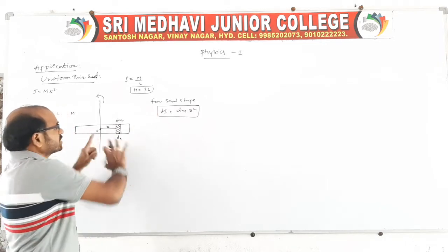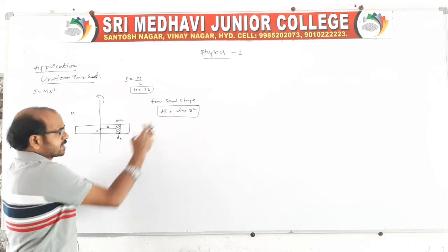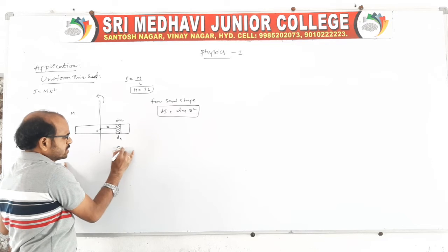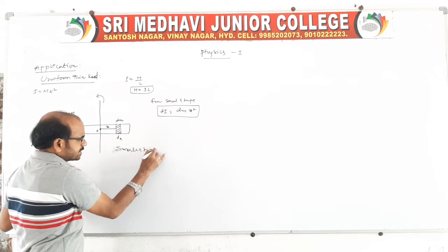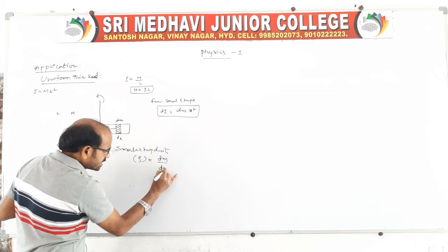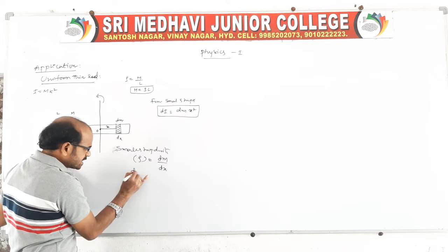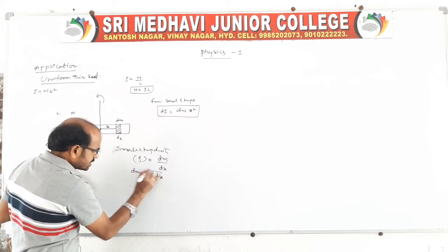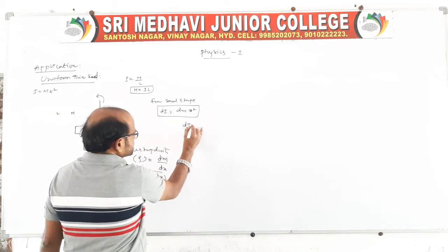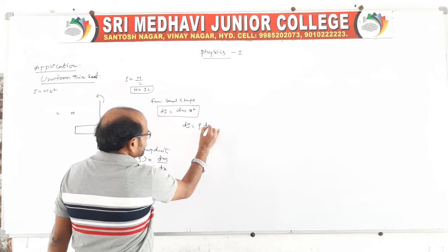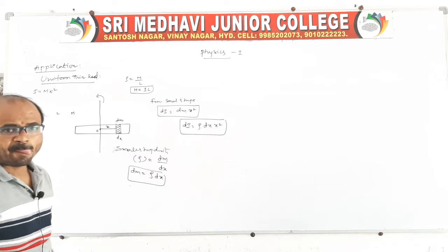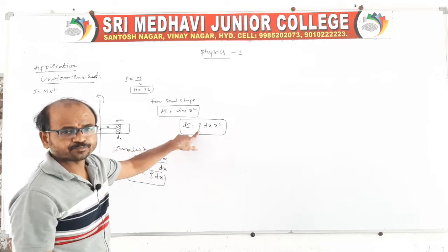Now we have to find the moment of inertia for the complete rod. For this small strip, the density remains the same, the mass per unit length, and the length is dx. So dm is equal to rho into dx. Here you replace: dI is equal to rho into dx into x square. Concentrate, we should apply the integration method. Keep rho as it is; we will see it in the final.